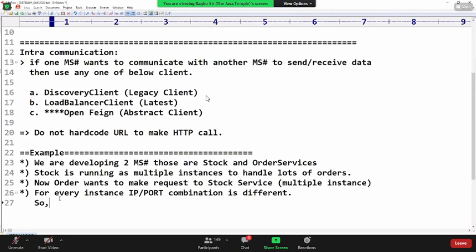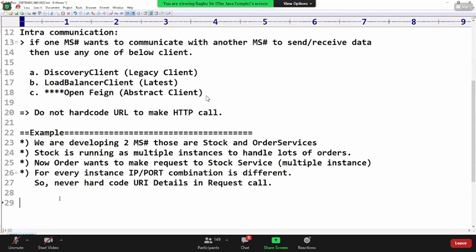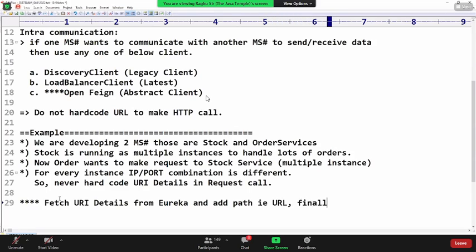So never hardcode URI details in the request to call. They change every time. The most important thing here: fetch URI details from Eureka and add the path, that is the URL. Finally, make a call.